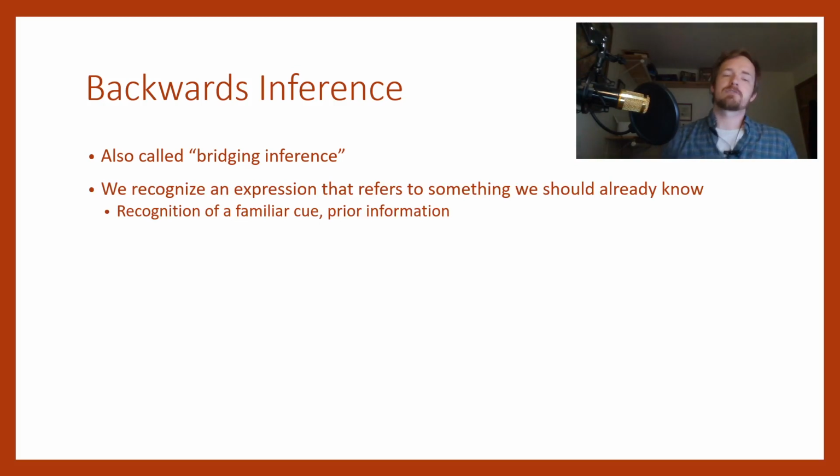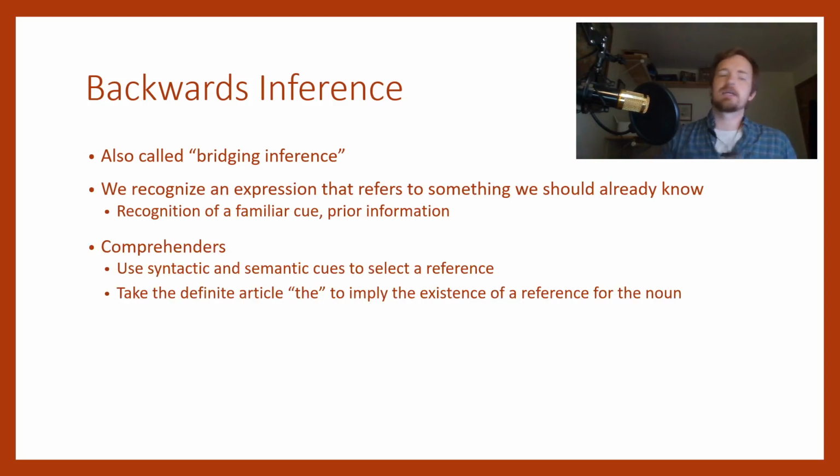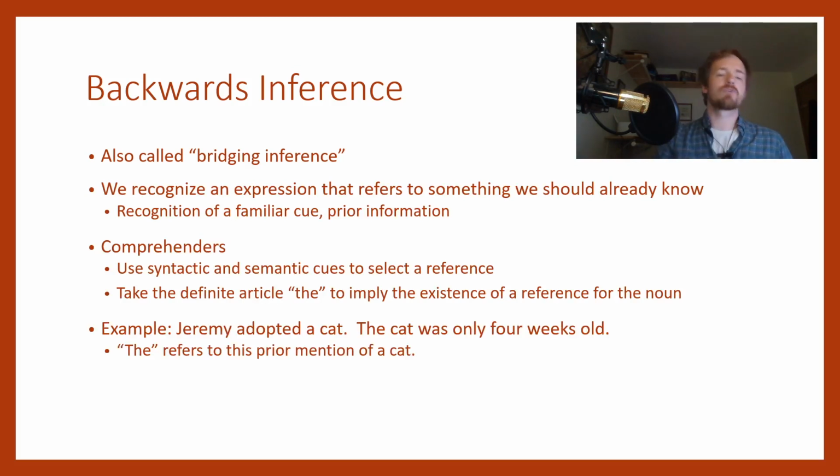So backwards inference, as I mentioned, is often called a bridge, and this is whenever we are essentially using syntax cues and semantic cues to understand what it is that we are reading. So an example here is the word the. The word the is something that is going to help us make a reference. It is a very simple